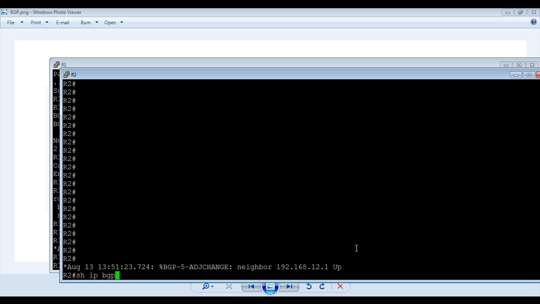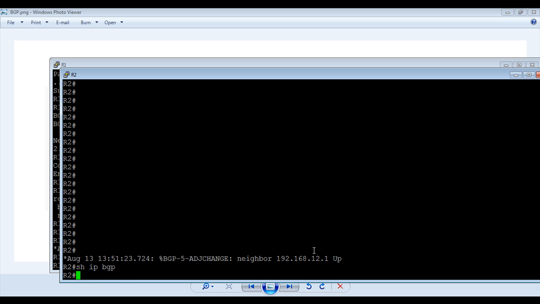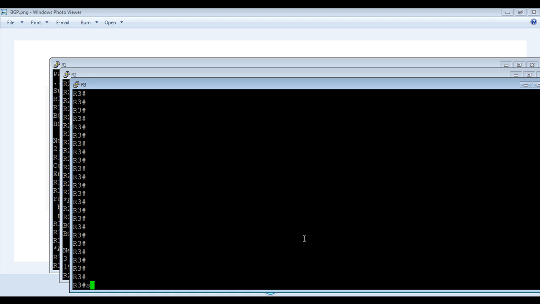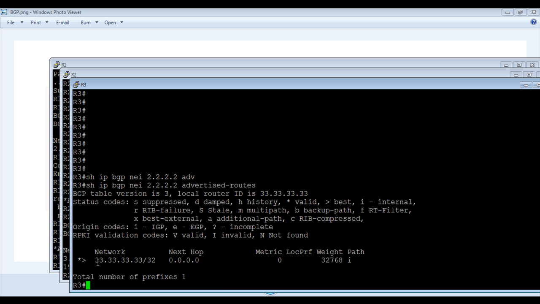So show IP BGP, we see that it also does not have the network. Let us check the neighborship with router 3. We see that the neighborship is up, but we do not have any prefixes received. Let us check if router 3 is actually advertising the network. So show IP BGP neighbor 2.2.2.2 advertised routes. We see that router 3 is actually advertising the route, but